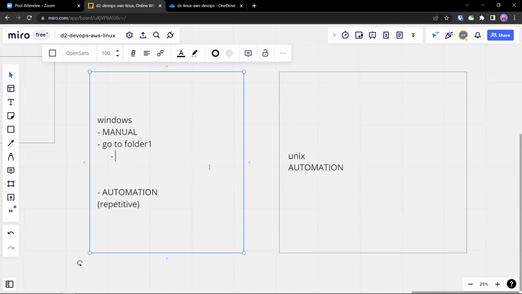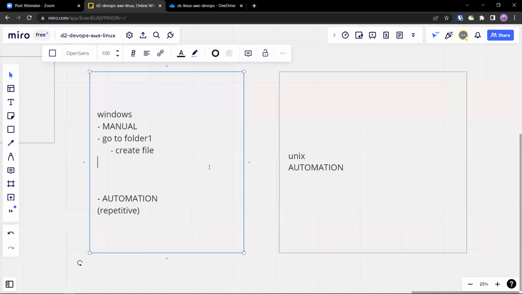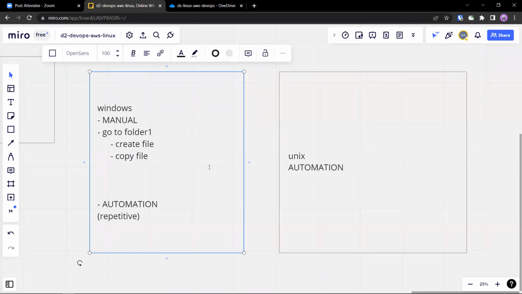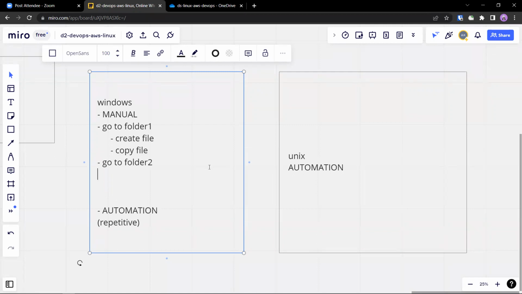These are all. Create file, copy file, go to folder 2, paste file. That's it. These are the steps we've been doing.